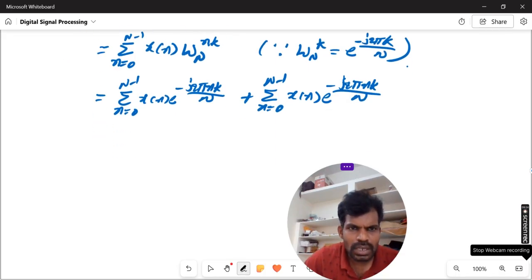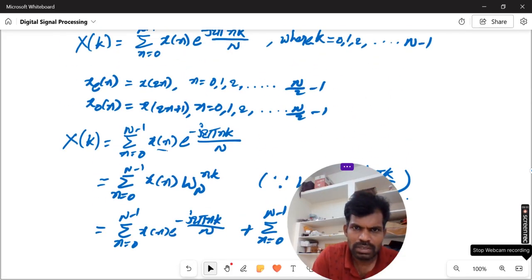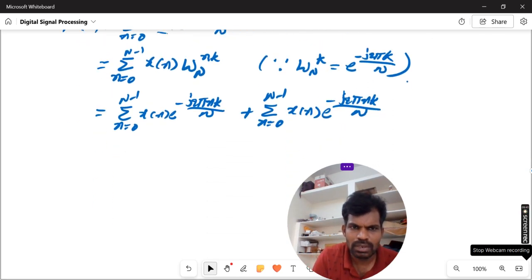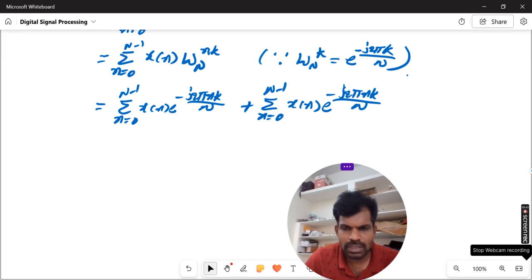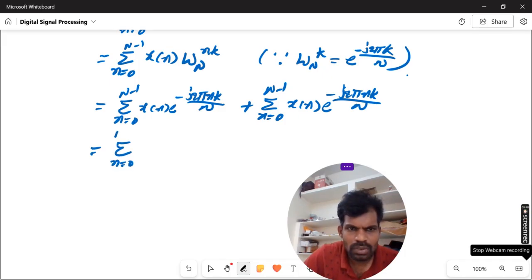So now how do I want to write this, even and odd. Already here we have written n ranging from 0 to n by 2 minus 1, and in place of x of n for even we are going to write x of 2n. Okay, so summation n is equal to 0 to n by 2 minus 1 x of 2n into, so in place of this what we are going to write,